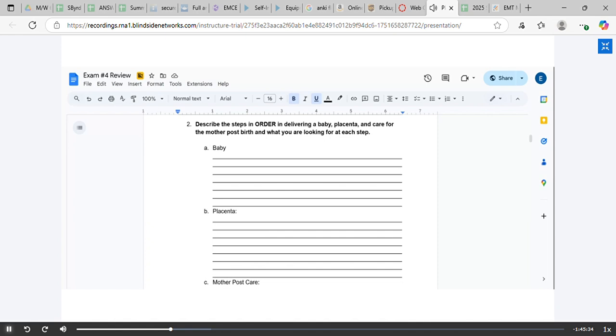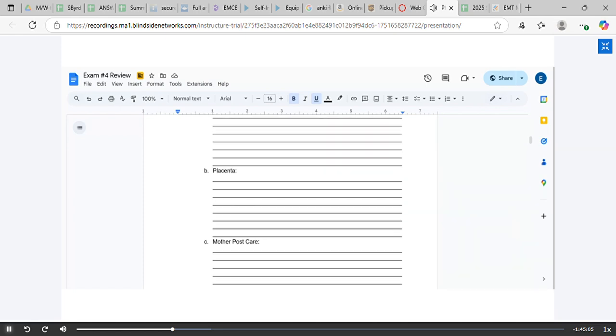And then if your patient is not as lively as what we want, and we'll talk about the APGAR score in just a moment, then you need to stimulate them. We can rub their back, flick their feet. Okay, they're very, very sensitive to that. But stimulating them by rubbing their back will also help, and it helps to warm them as well. Okay. Now the placenta